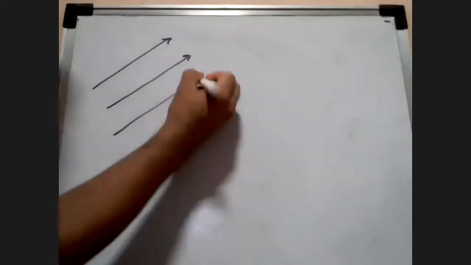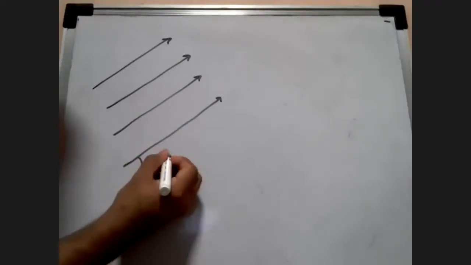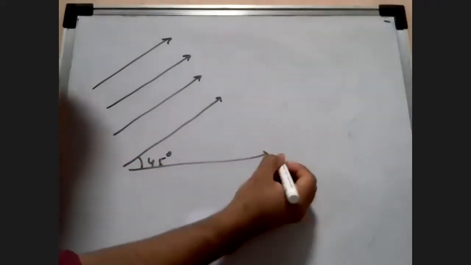ABCD is a rigid square wire frame. Okay, it's a loop. Is carrying a steady current I. Then what is the torque acting on the frame due to the magnetic field? So they are saying that this time, the loop is not tilted, students. This time they're saying that the magnetic field is at 45 degrees with respect to x-axis.